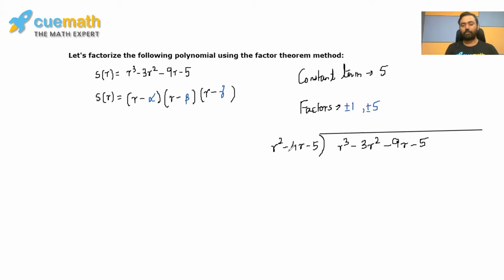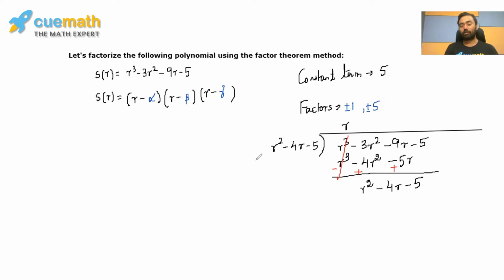So, we've taken this polynomial to factorize this. So, let us first look out for the term which when multiplied to r square gives us r cube. So, r square times r will give us r cube. Now, r times negative 4r would be negative 4r square. R times negative 5 would be negative 5r. And after this, we know that we change the sign. So basically, this becomes negative. This becomes positive. This becomes positive. So this is gone. And then the remainder would be plus r square. And from here, we get negative 4r and negative 5 will come down.